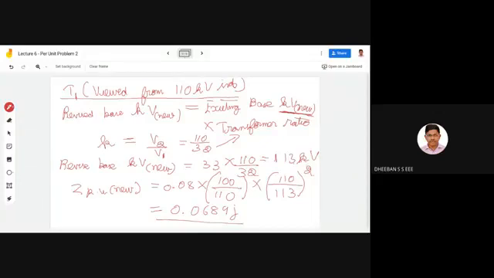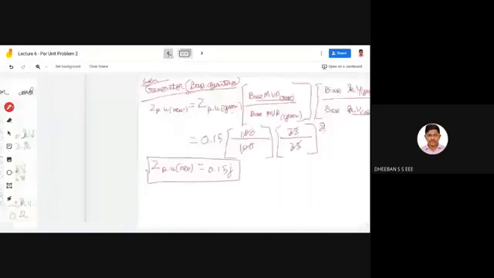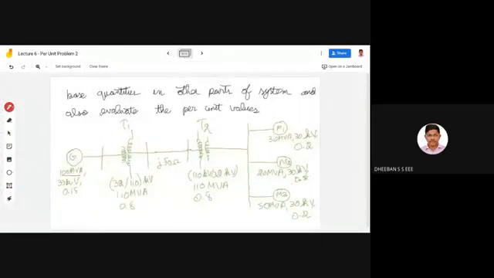If you use this secondary formula, it will be easy for you to find the per unit value at the transmission line, since here you can see the single line diagram. Up to this point, we might be using 32 kV. After this, you have to revise it. The voltage will be revised, and the revised voltage will be considered throughout this transmission line. So in the next step, for finding the transmission line, you have to consider your revised kV only.